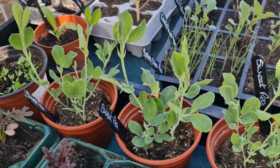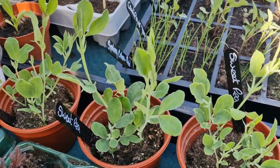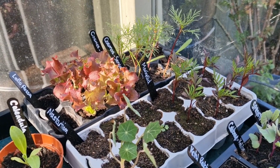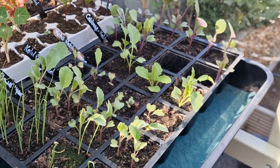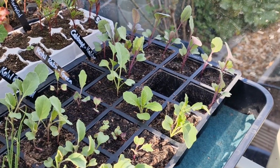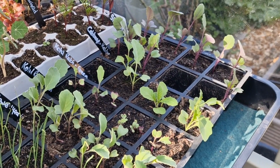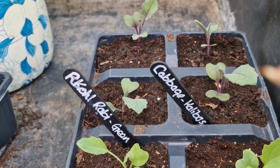My sweet peas need to go out now. They were pinched out just over a week ago and they've bushed up. I need to harden off the cosmos and the marigolds and get them out in the garden. So these all need pricking out. I picked 4 of my best Calabos cabbage because I've only got room for 4, and I've taken a couple of the kohlrabi. Let me show you what I've done with them. So they've been potted on now,